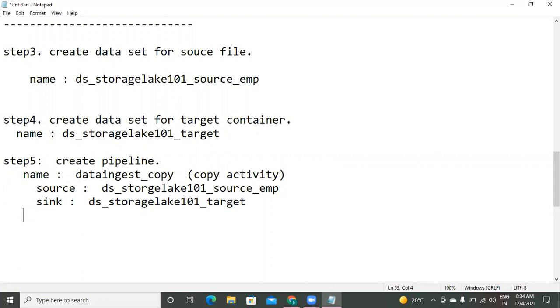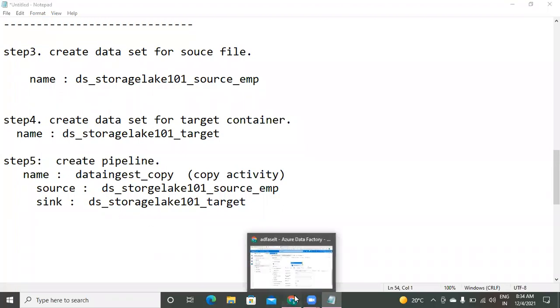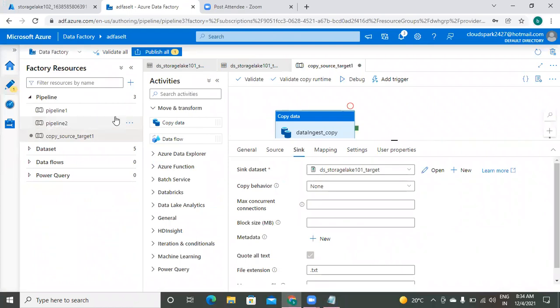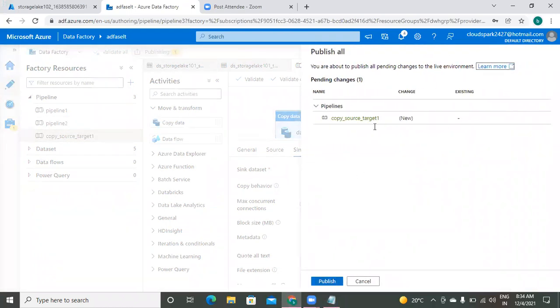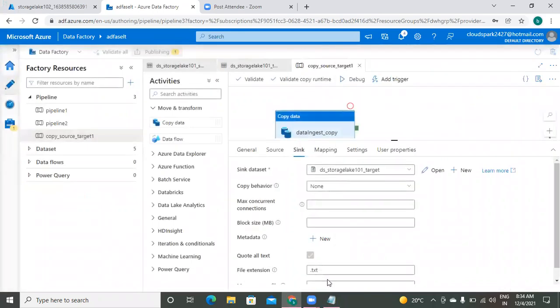Okay. Now I'm going to publish this. Publish all. Now only one thing is pending, that is our pipeline. Just publish. Okay, successful, sir. Publishing is successful.